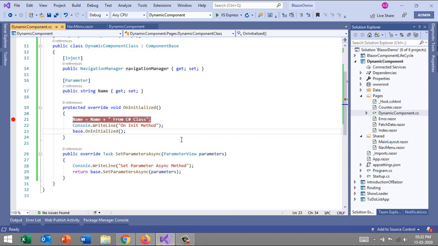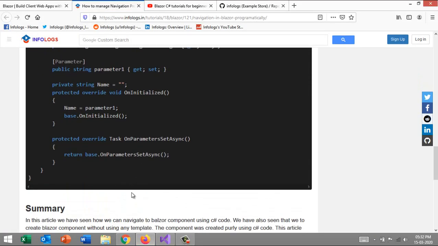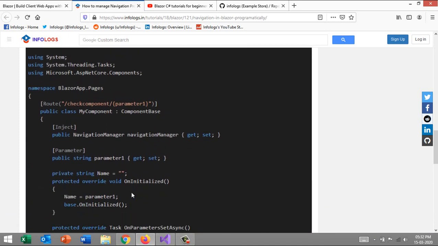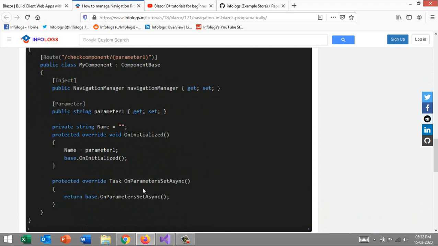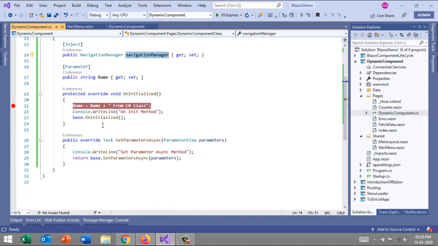Okay, what is next? Let me switch to the article. This one was very simple. Now what we wanted to do is, let me check back, we have used the NavigationManager. Now I'll quickly navigate to the counter from this.